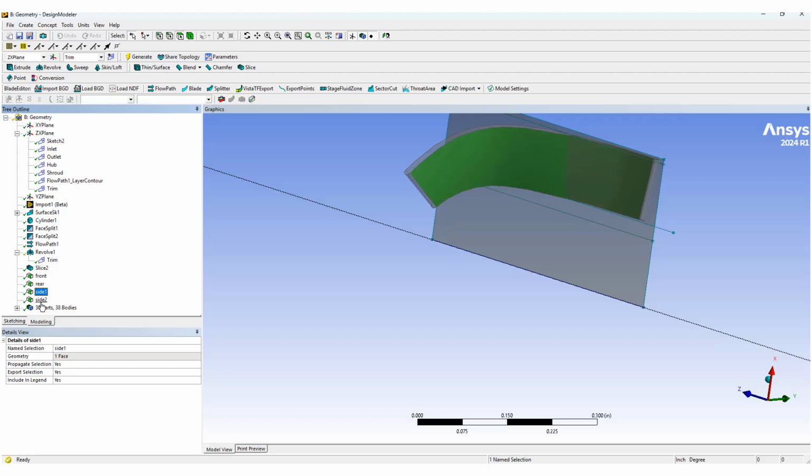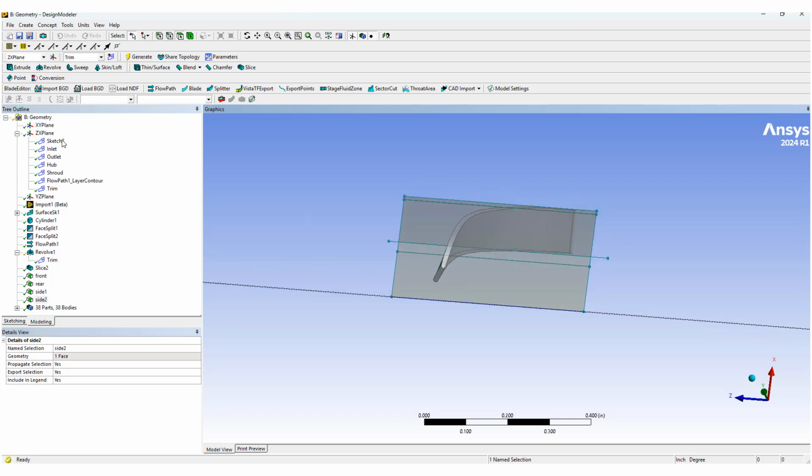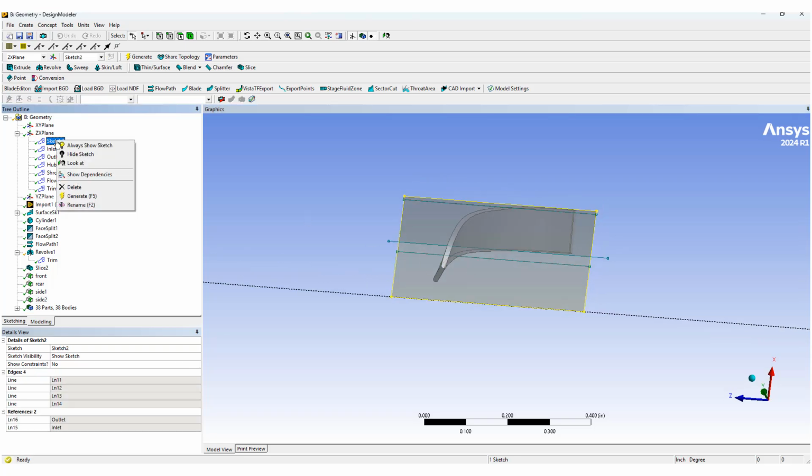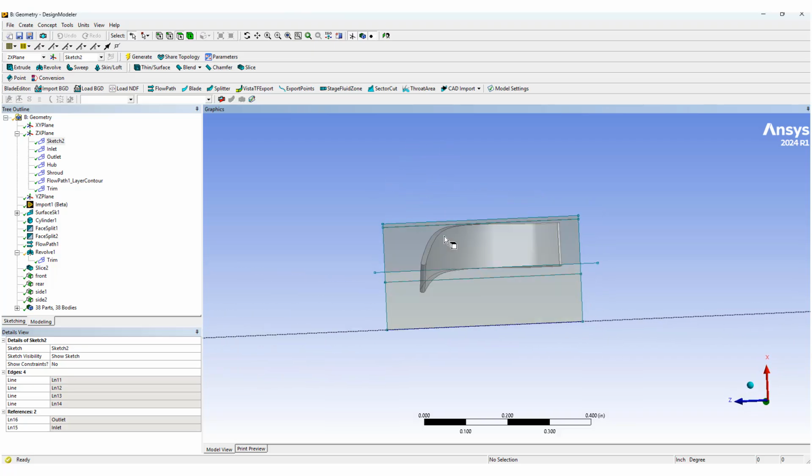Side, you can call this pressure side, the other one is the suction side, however you like to name it, depending on your application. And we can definitely also exclude the sketches from the view, but before moving on, I'd like to make an extend function so that I want to make sure the blade height actually passes the shroud